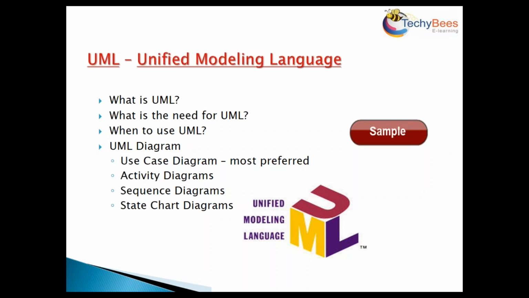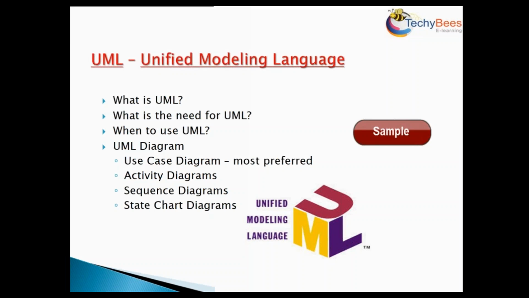Within the state transition diagram, if you have learned a topic called FAFL, that is finite automata and formal languages, each and every state that gets transited during a system development is referred to as a state transition process, and how you represent that is referred to as a state transition diagram. The state machine diagram, on the other hand, is very important. It is a part of the unified modeling language. So there will be a question: how do you differentiate a state transition diagram from a state machine diagram? What is a state machine? Why is it called a state machine? We will see all of these in detail.